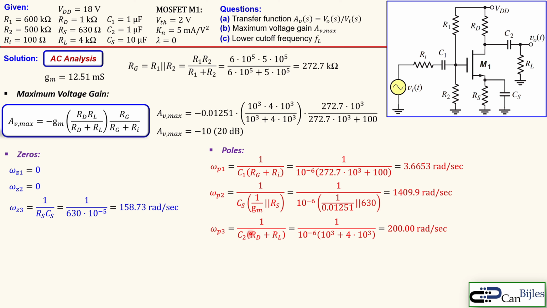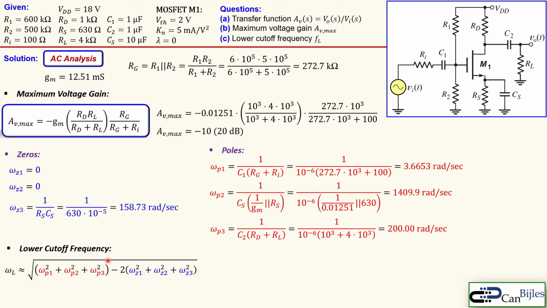So you see actually here that the third pole, or I mean the second pole, is the dominating pole in these poles. And now we can say the lower cutoff frequency using the approximate formula we have described. So we actually take the square of each pole, add them up, and then do minus 2 times the square of each zero, add them up. That's actually what you see here. So everything is actually here squared, and then minus 2 times the squared of the zeros, and that will end up to